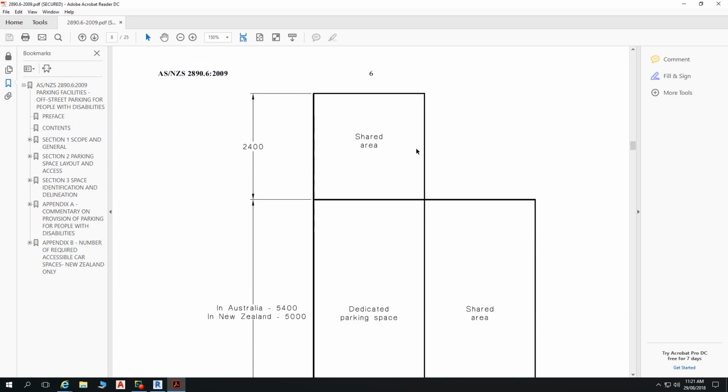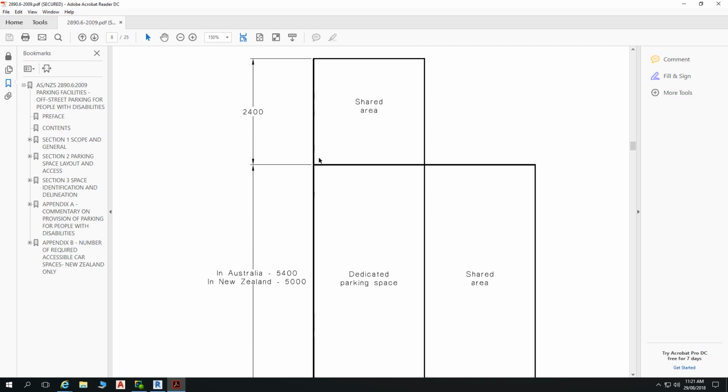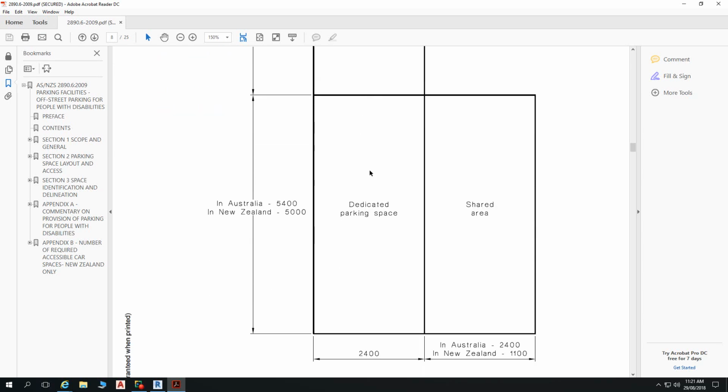Having a look at our angled parking, there are differences for Australia and New Zealand. So be aware of your requirements as per Australia. We have to have a dedicated parking space of 2400 wide by 5400 long, as it said in that summary sheet. But then we are to have a shared area of 2400 long by 2400 wide at the front of that parking space, and then another shared area at the side of 2400 wide by